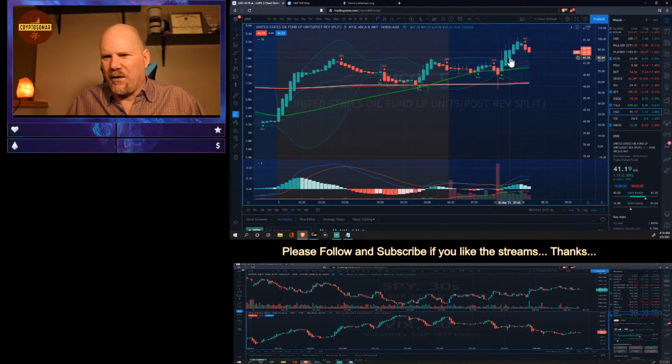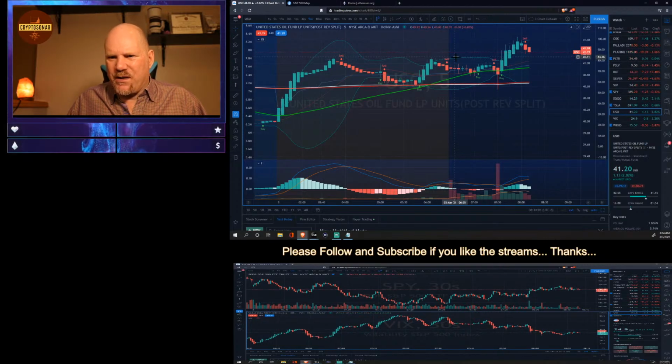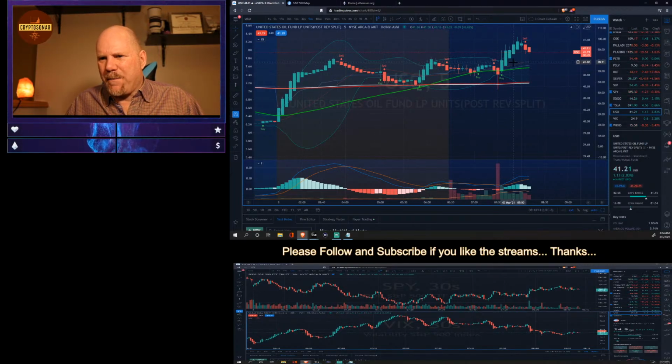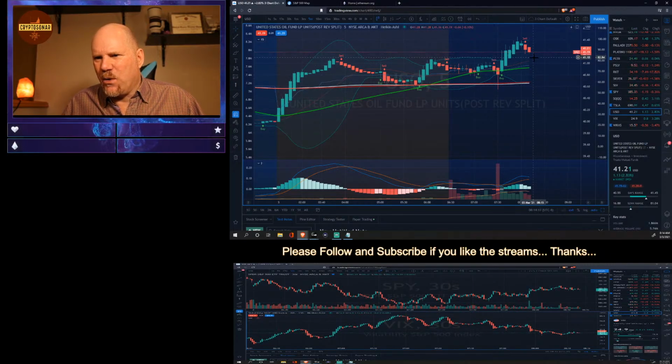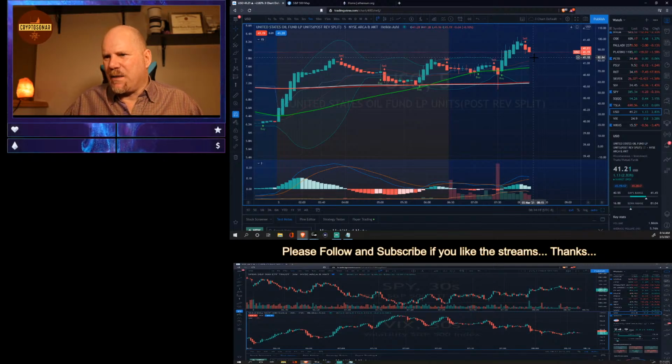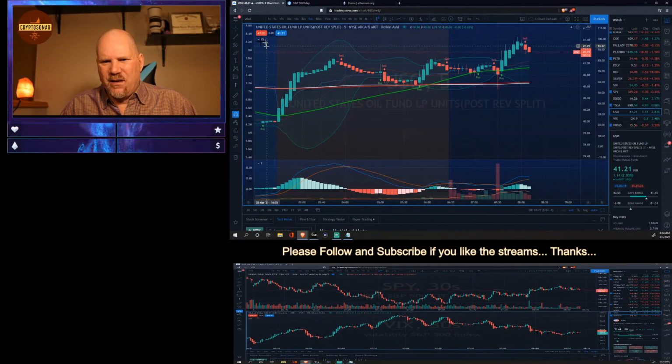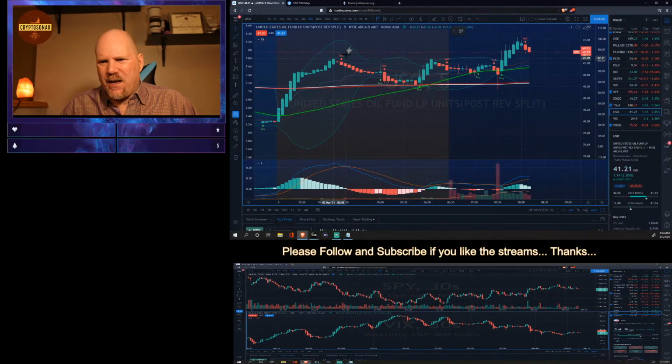It's the new support level. If you take prior resistance, where people start to sell up here, will that become the new support level? So that's what you would look for. So the next break, as it breaks to the downside here, if it drops down to this 41.10 area, what does it do after it hits the 41.10? So we'll come back to that one, but let's take a look at it.